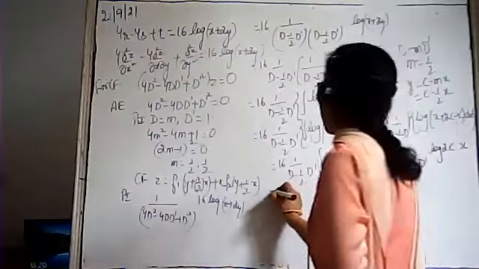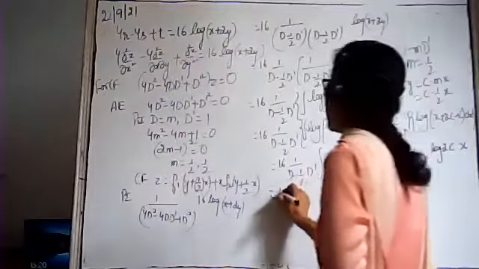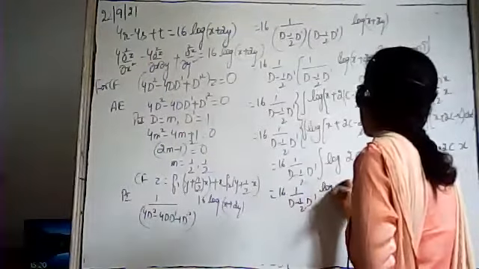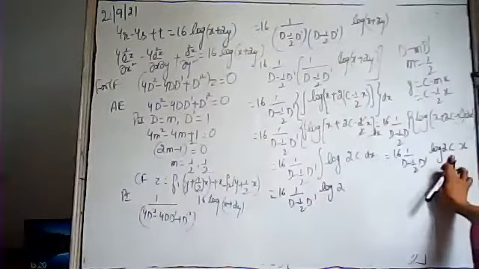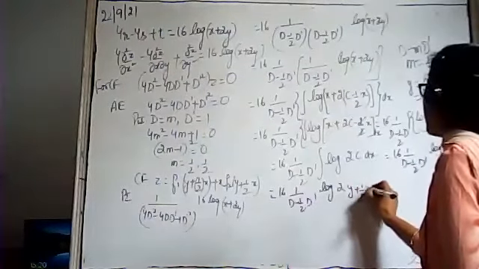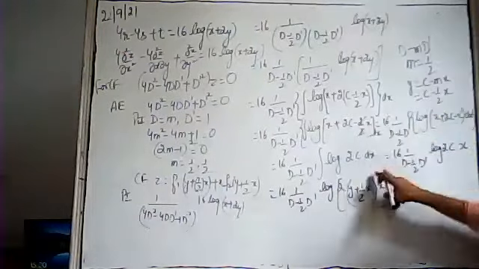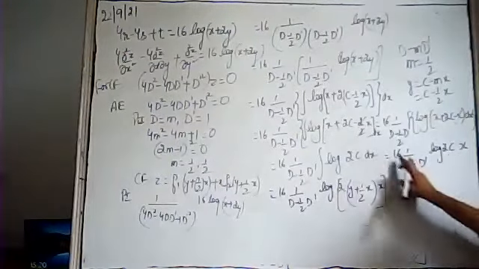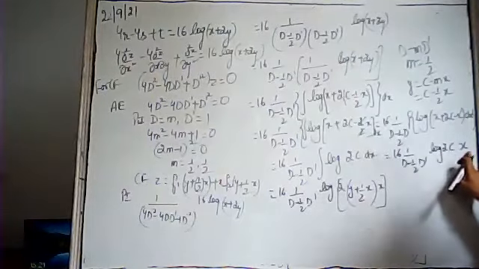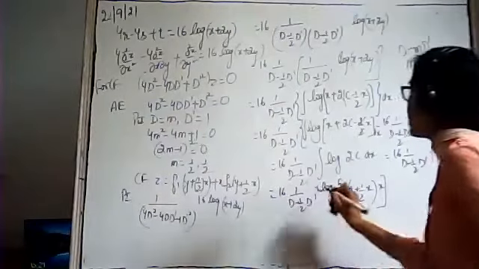Okay. After that, again write c in the form of y, and c in the form of y will be log of 2 into c, and the value of c is y plus 1 by 2 into x. ठीक है, यहाँ पे हमने c की वैल्यू पुट की है, बाकी सारी टर्म एज इट इज ही है. log 2c x, x बाहर आ जाएगा बेटा. log 2c था और साथ में x.